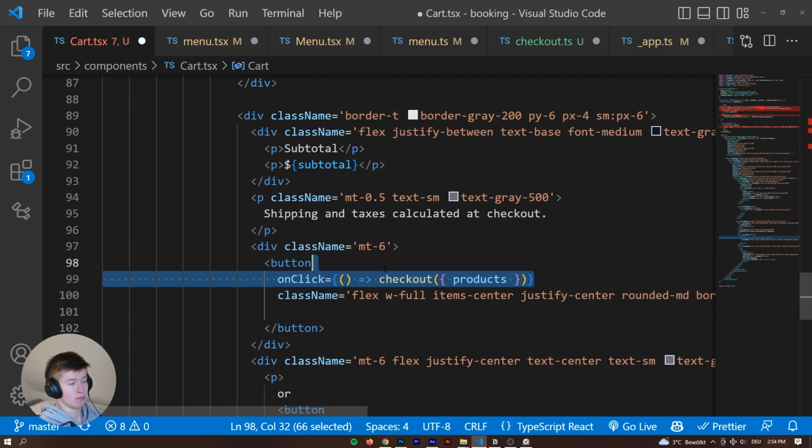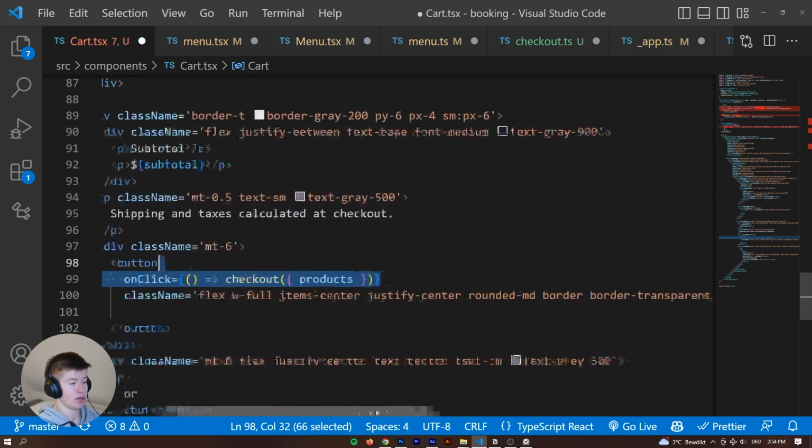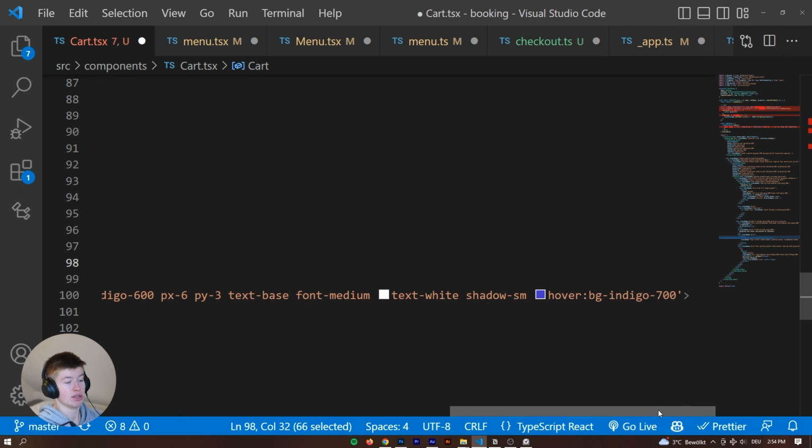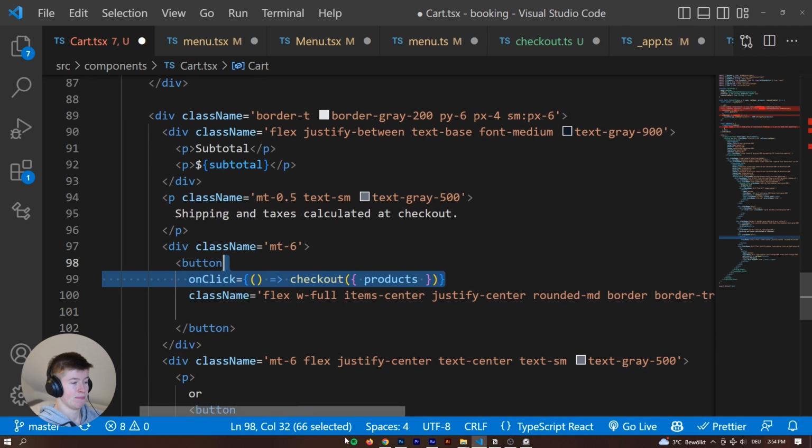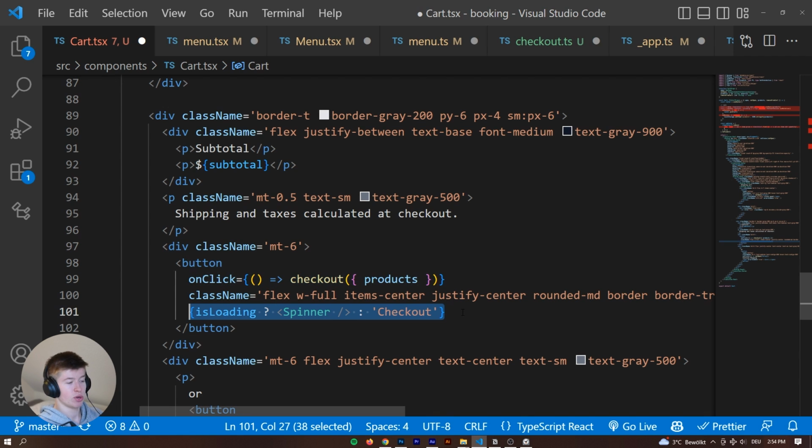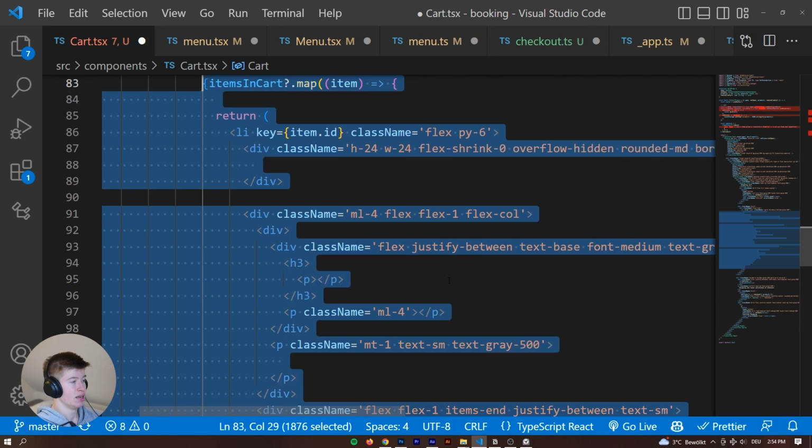And then we want to implement that route in the button. So this is the checkout button that we have right here. As you can see, there's a bunch of CSS classes, but this is the checkout functionality that we wanted to handle. And also, what do we want the button to say? If it is loading, then we want to show a spinner, or if it's not, then we want the regular checkout text. Okay,